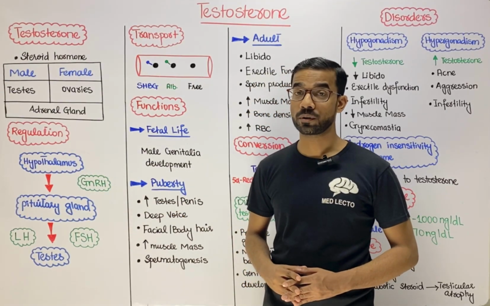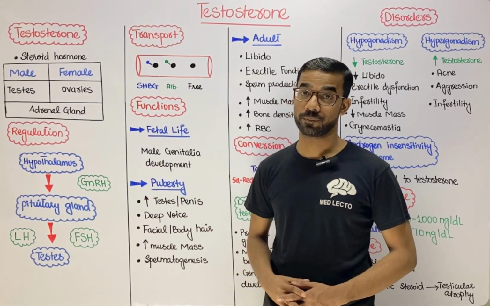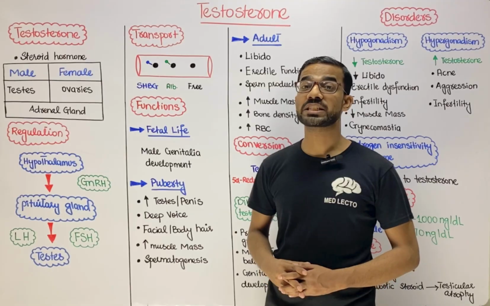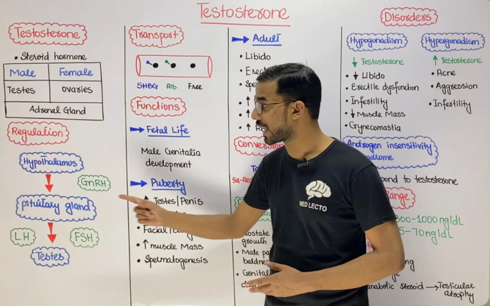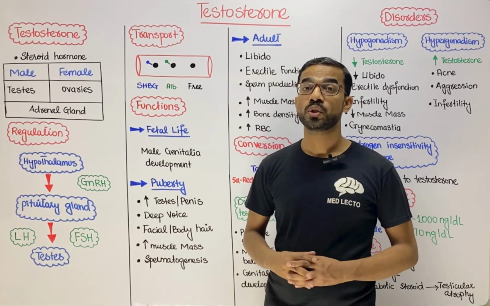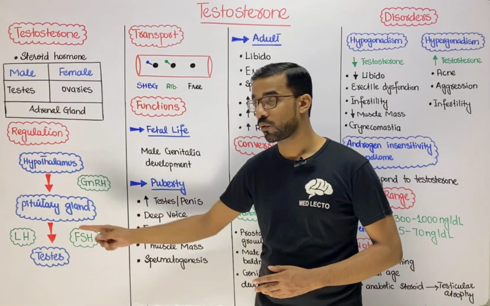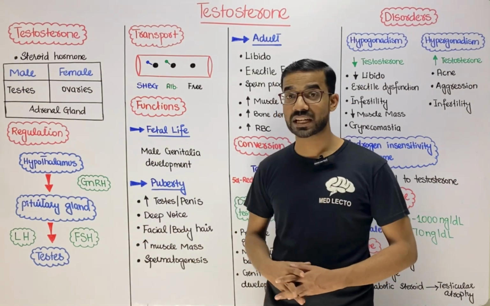The hypothalamus produces a hormone called gonadotropin releasing hormone. This hormone will stimulate the gland that is also present inside your brain, the pituitary gland. The pituitary gland will produce two hormones: LH, also known as luteinizing hormone, and second, FSH, follicle